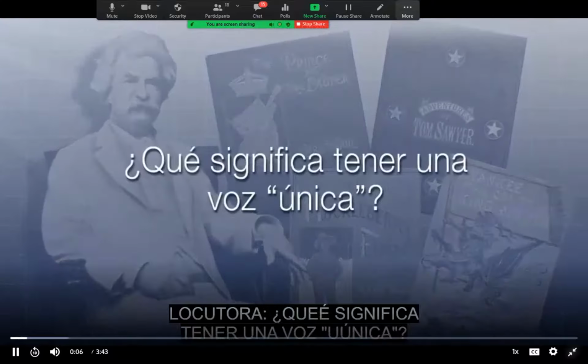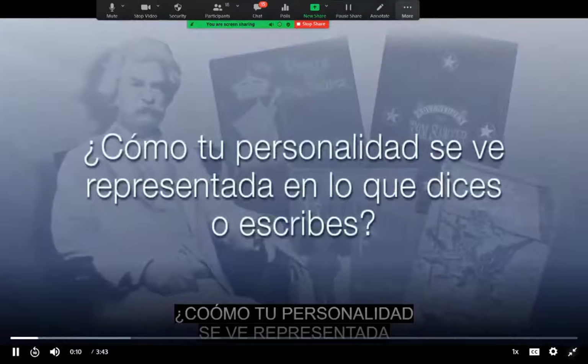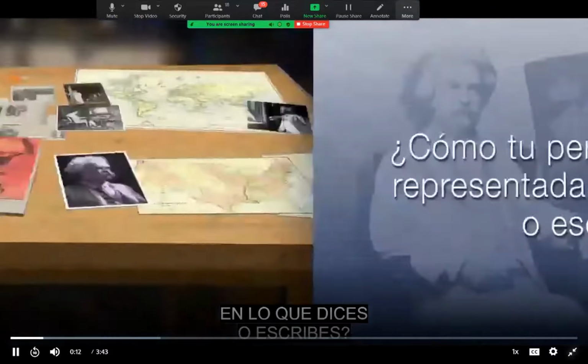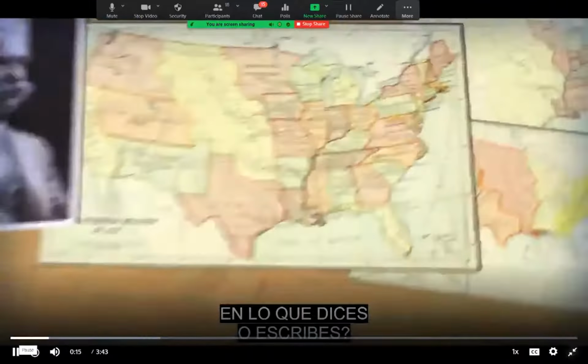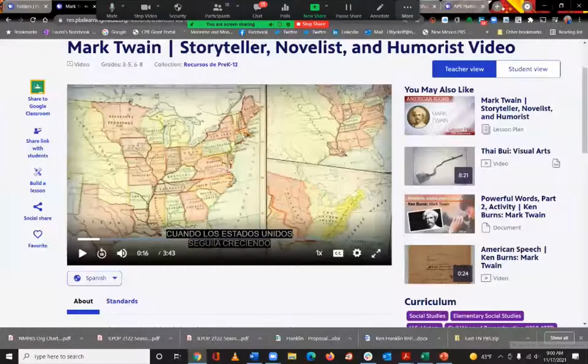¿Qué significa tener una voz única? ¿Cómo tu personalidad se ve representada en lo que dices o escribes? Cuando los Estados